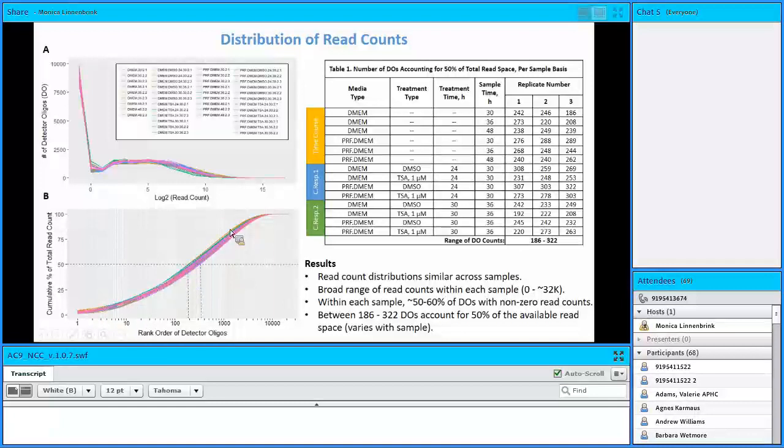So each one of these curves, once again, is an individual sample. And we wanted to ask the question, how many genes does it take on a per sample basis to account for 50% of our read space? And the answer is not that many. So out of 21,000 potential probes, between 200 and 300 actually occupy 50% of the read space on an individual sample level, which leaves the other 50% for the other 9,000 probes